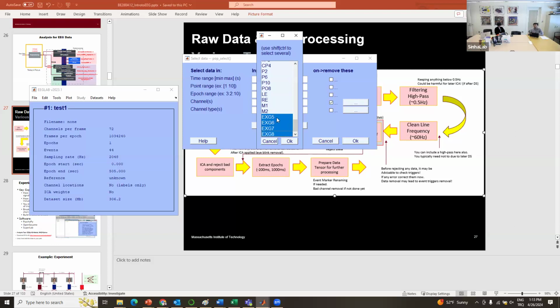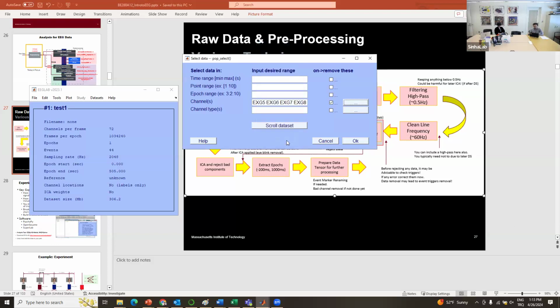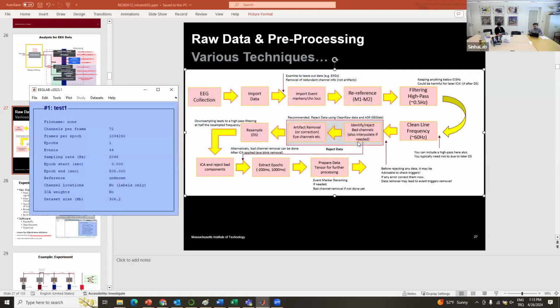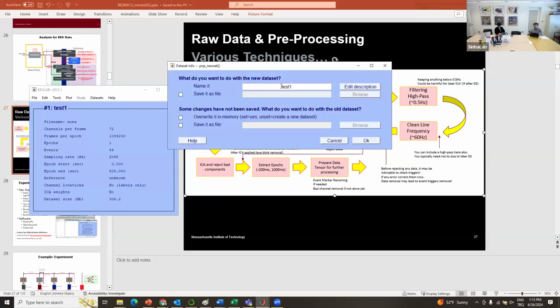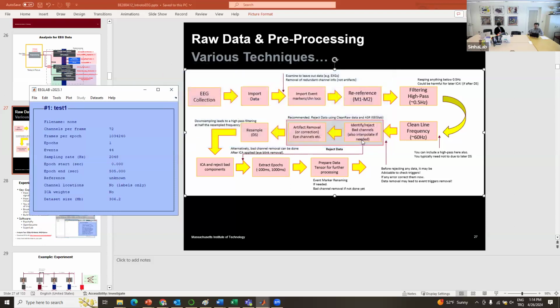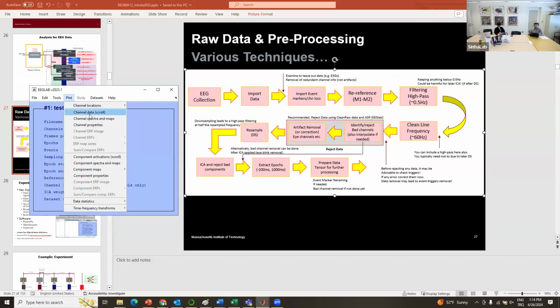So I choose EXG5, 6, 7, and 8. Then click on OK, and then you click another OK. Then it will ask you to rename it. Most likely, since you don't want to go back, you can just override it and use the same name. That will save a lot of space in your memory. So you can actually click OK. And then if you would like to see your signal again,